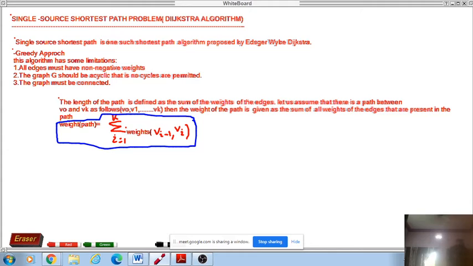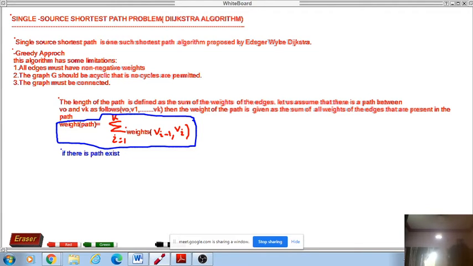The shortest path problem is to find the shortest distance between the source node and all other vertices. In other words, if the source is S and V is a vertex, the shortest path between S and V is given by the minimum weight between the vertices. If there is no path between these two vertices, then the path weight is given as infinity.